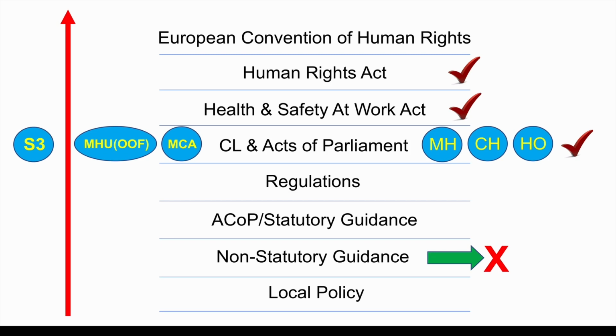If that guidance said they've caused harm to a child when they couldn't have done, but they acted within the remit of reasonableness under law and within the confines of health and safety in promoting the duty of care to that person, and they save the person's life on the Human Rights Act, that would override that guidance. So I think you get the idea. And then above this you have the European Convention on Human Rights, and this is where it gets really interesting.